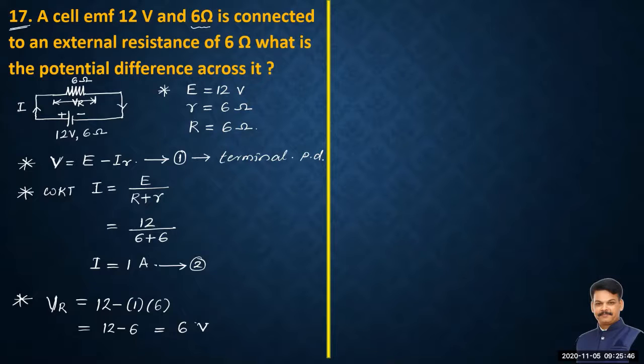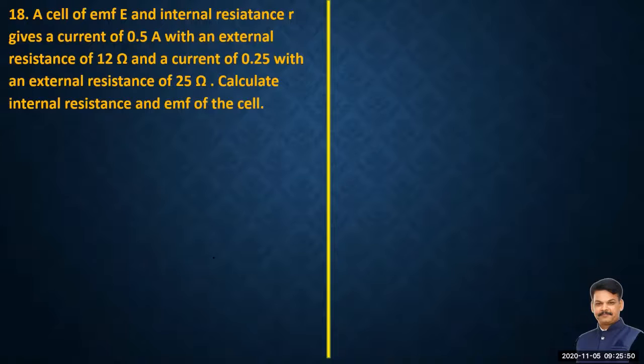It is one of the simple and basic problems related to cells. Now let us make some changes there. I want to upgrade and take a higher level question. See, a cell of EMF E and internal resistance r gives a current of 0.5 ampere with an external resistance